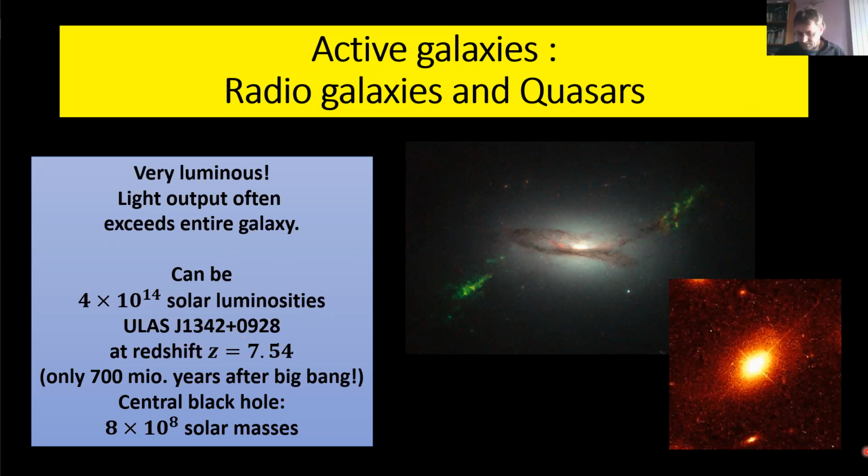But at the redshift, this one here, they found a redshift of 7.54. This means it was very, very early. If you remember, this must be roughly less than 1 billion years after the Big Bang, so 12.8 billion years before. Okay, here it's written 700 billion. And here the mass of the central black hole would be 800 billion solar masses. So very violent stuff,